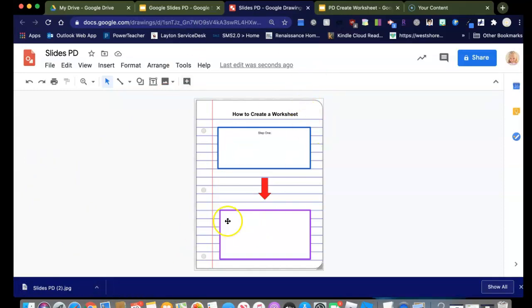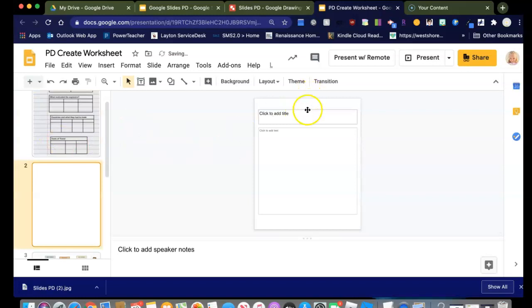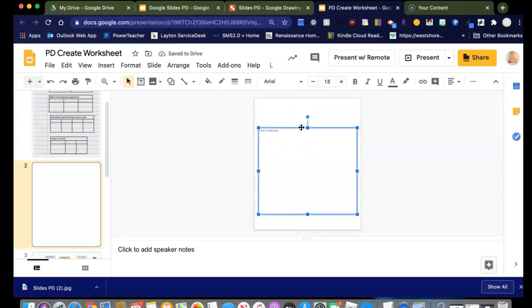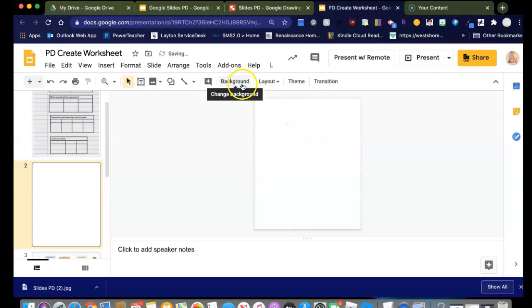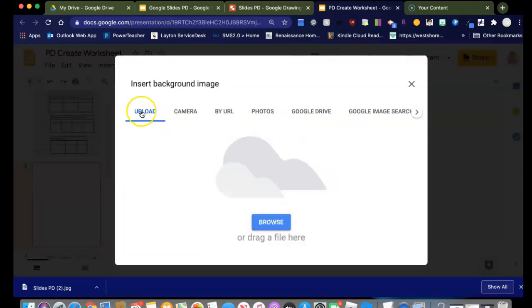So that's my first step. I've created my worksheet, and I'm going to now make it my background. So I go to Background, and I'm going to select Choose Image. Since I've downloaded this to my computer, I'm going to click Browse